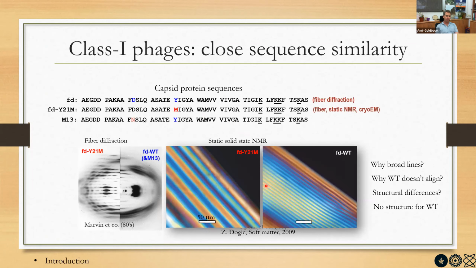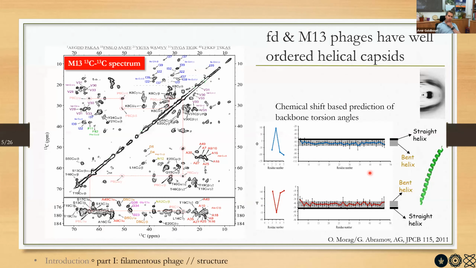This is just another example of how they generate these beautiful liquid crystals in the cholesteric phase, but we'll skip that for now. The first thing we did is prepare these samples uniformly labeled. You can see these M13 carbon-carbon spectra on a 14 Tesla magnet. Everything was assigned by Gili and Omri. One took the M13, one took the fd, which turned out to be exactly the same, or almost exactly the same. Using this type of data, at least you can say that the particle itself is highly ordered, which